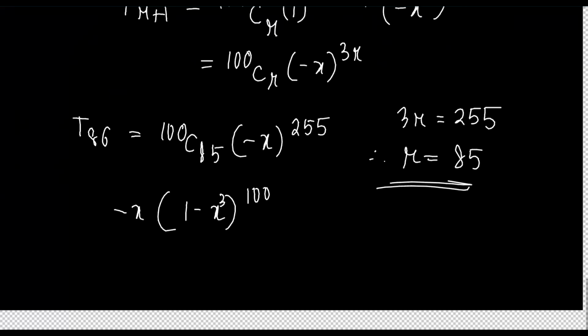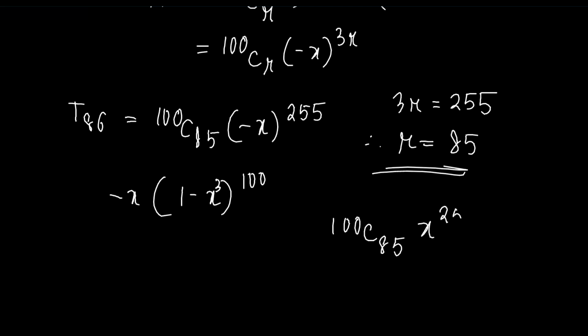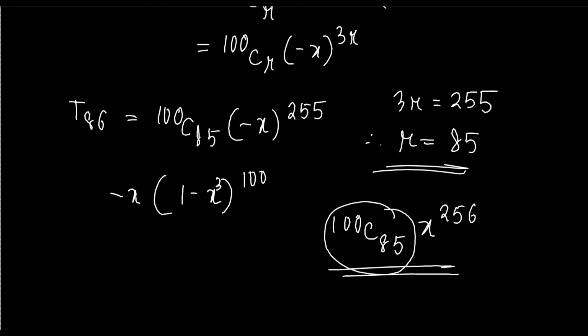Okay. So in this term, if you multiply another x, so minus minus plus, so you will get this one. Because the expression that was given is this one. So if you want to multiply another x, we will get this one. Okay, so what is the coefficient of this? This is 100